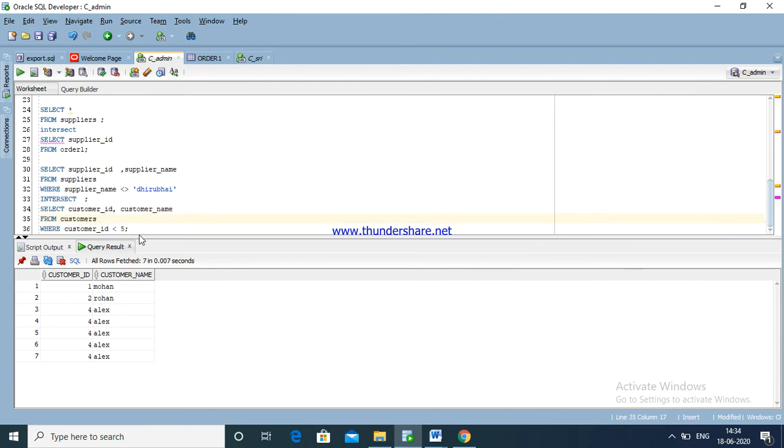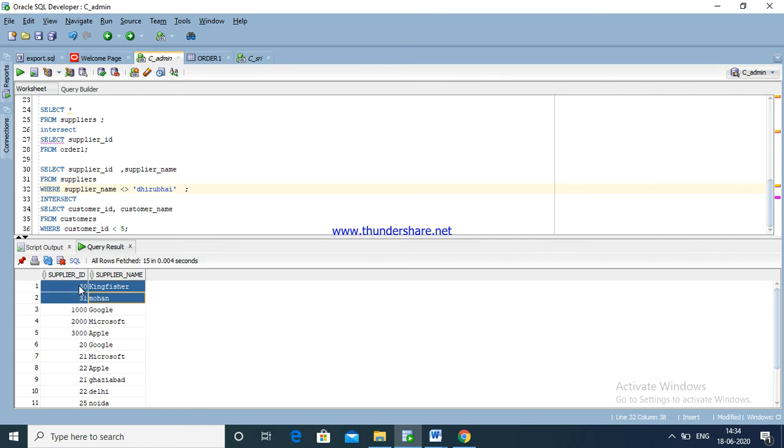Now it will work. There are no IDs. Okay, why? Because there are no combination records. I'm going to combine these two records.